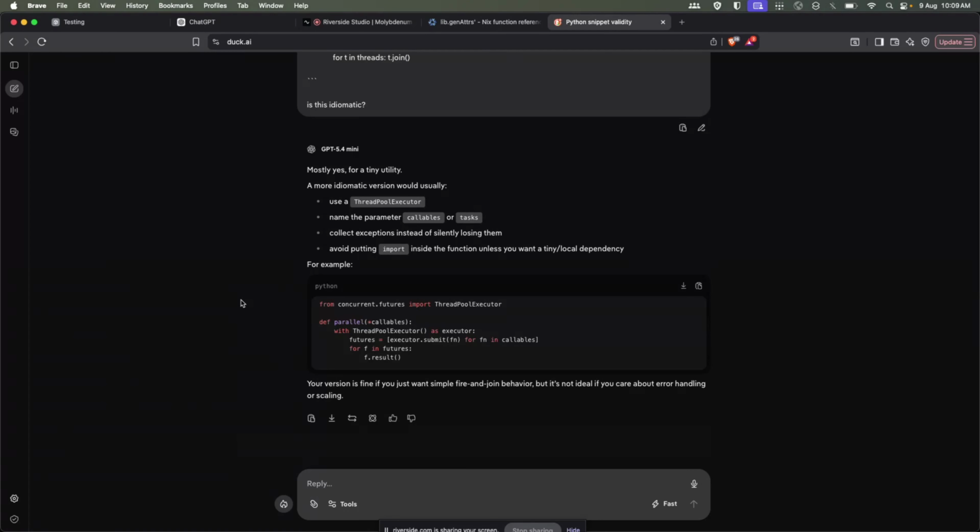From concurrent.futures import ThreadPoolExecutor. def parallel(callables): with ThreadPoolExecutor() as executor: futures = executor.submit(function) for f in callables, then for f in futures, f.result(). Your version is fine if you just want simple fork and join behavior, but it's not as idiomatic. This looks more